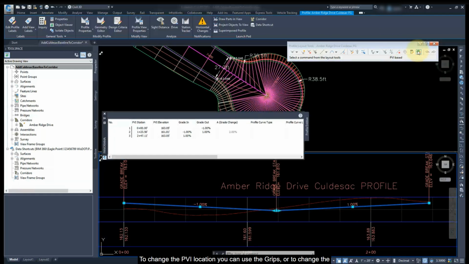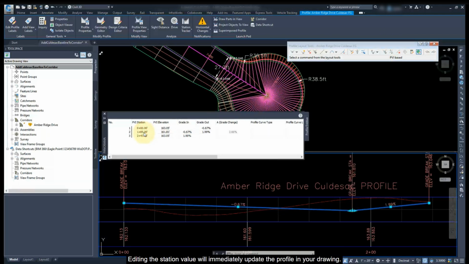To change the PVI location, you can use the grips, or to change the station, simply enter a new station value into the panorama. Editing the station value will immediately update the profile in your drawing. To back calculate the PVI elevation from the following